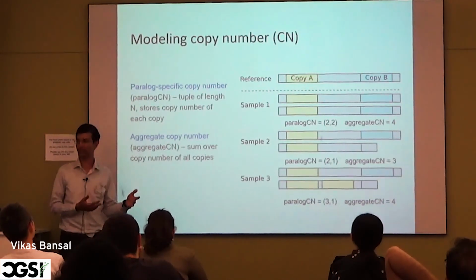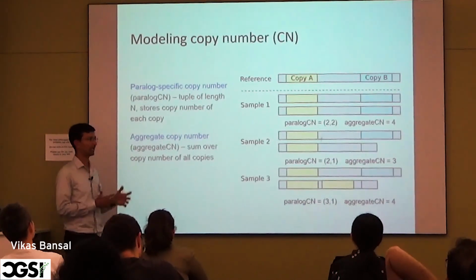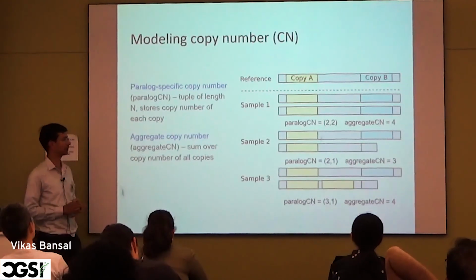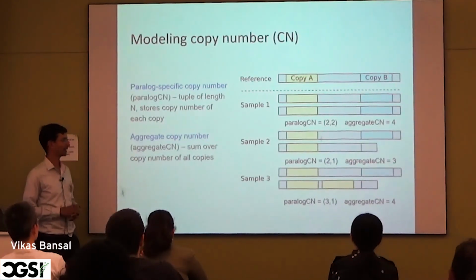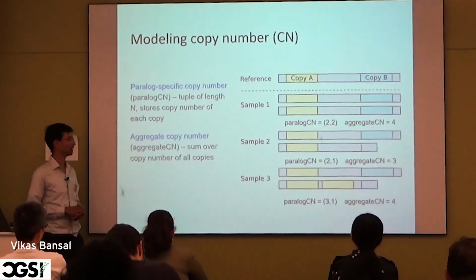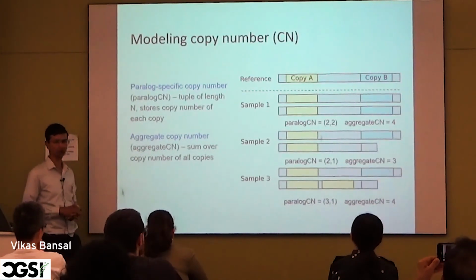So 2 copies of copy A and 2 copies of copy B. And then the aggregate copy number, which is the sum of the different copies, is 4. And similarly, if you have individuals with 1 copy of copy B, then the paralog copy number is 2, 1,